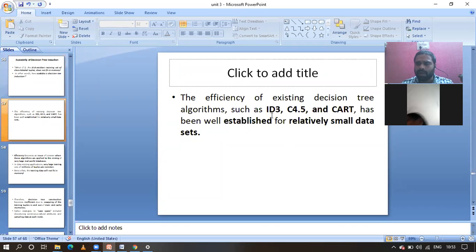Normally for ID3, one type of decision tree, and the next successor of ID3, C4.5, and the next one is CART, which is also an extension of the decision tree, C4.5. For these three also, the data set size is relatively small, guys. For small data sets, we are able to easily construct the decision tree by placing the training set in the main memory, no problem related to that.